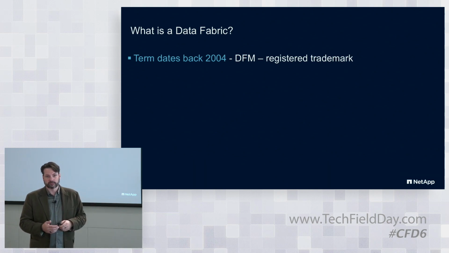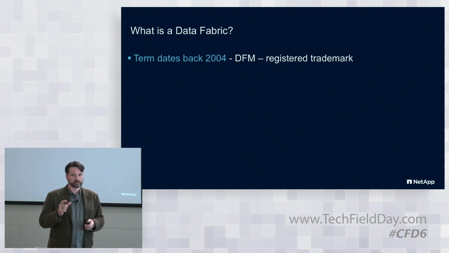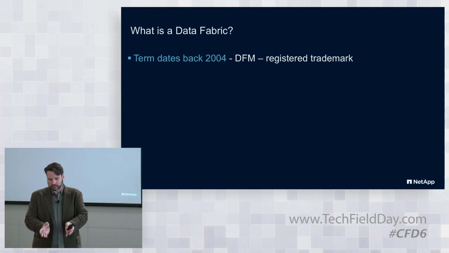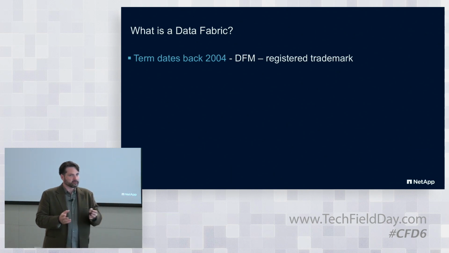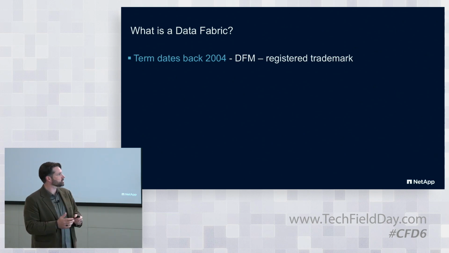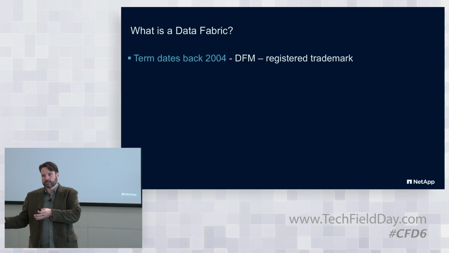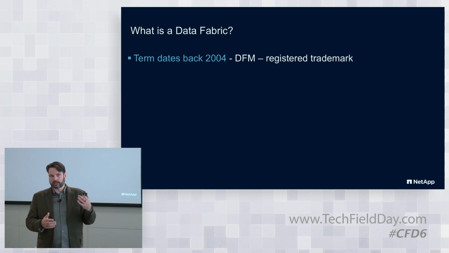It still existed as a product when I joined in 2008 to 2009, and one of its key features was a data movement capability. But it was on premises and worked with the current ONTAP version at the time, which is now known as 7-Mode, and was just a way to take data sitting on a controller and hydrate or populate a cache using a NetCache appliance. So there was already the idea that data fabric was related to data movement and getting it to the right place where it needed to be.